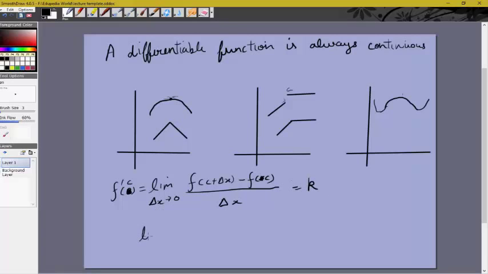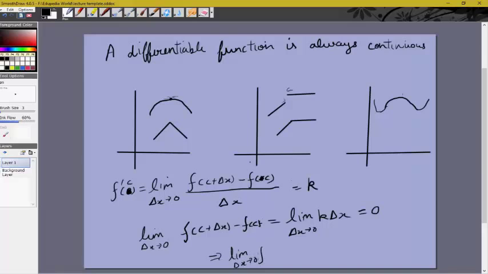From that we get limit delta x goes to 0 of f of C plus delta x minus f of C is equal to limit delta x goes to 0 of k times delta x, right? We took delta x to the right side. Now we know what this is. Since k is a finite number, it is not infinite, this right hand side is 0. So the left hand side is 0, which tells us that limit delta x goes to 0